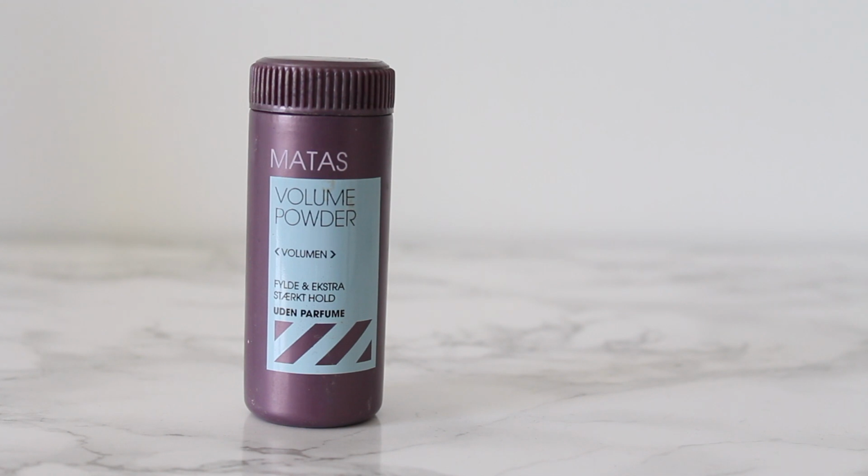Now, if I'm going a couple of days without washing my hair and the dry shampoo is not giving enough volume and I want to style my hair to look nice and fresh and healthy, even if I haven't washed it in a couple of days, I will go in with a volume powder. I don't use this often. I use this maybe once a week or only when I go out to fancy things like go out on a date or going out in the evenings and the weekends, or if I'm really styling my hair to look super nice, extra nice, I will use a volume powder just to give a little lift at the roots,